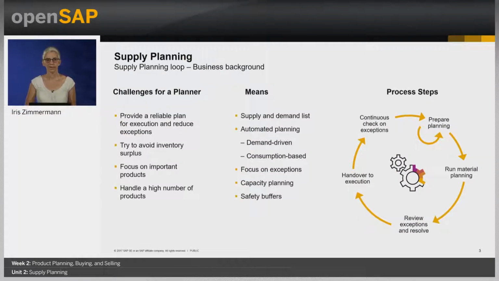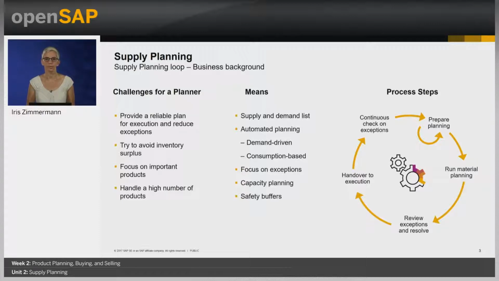First, let's have a look at the challenges for supply planners. They have to create a reliable supply plan for execution that stays stable as much as possible to avoid disruptions for execution. Additionally, they may need to build up inventory for supply safety reasons, and on the other hand, they need to avoid inventory surplus. Another challenge is that they have a high number of products to take care of. And they mainly need to focus on the critical products. That means the supply planner handles all different kinds of exceptions and must take